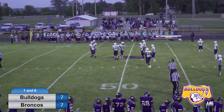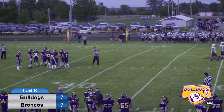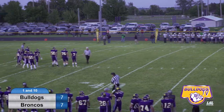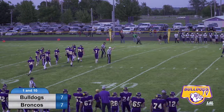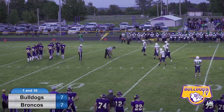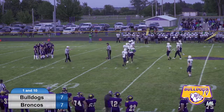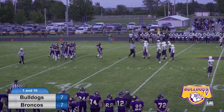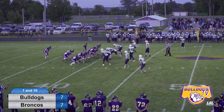1st and 10, just past midfield. If it's a spot of the, maybe that's a 15-yarder. That's what it is. So they'll put them up near the 40. Their own 40. 1st and 10. So Beamer in there with the long throw. I think his arm got hit because that looked like a wounded duck a little bit. And Cactus was trying to readjust and go for it, and he got knocked down before the ball arrived,